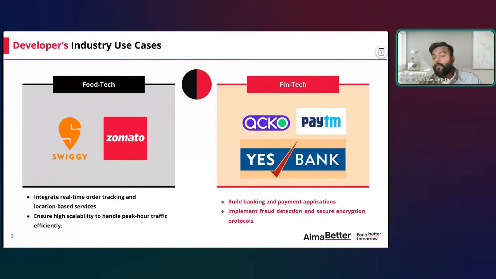Now, when I talk about fraud detection, you might hear this term for both data science as well as web development. Data scientists create the logic for fraud detection. They will create some kind of machine learning models and put in some logic: if this is the behavior of a transaction, it means it's a fraudulent transaction. Not getting too much into that right now. They will create that solution, and they will create one API.